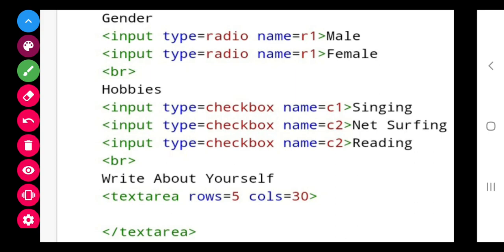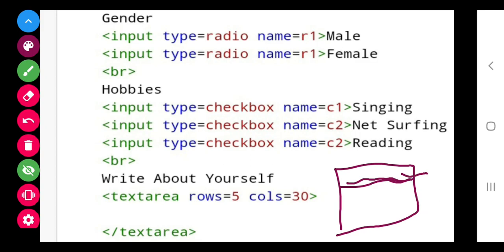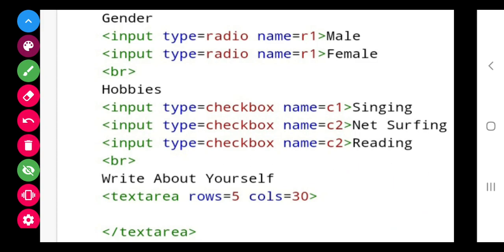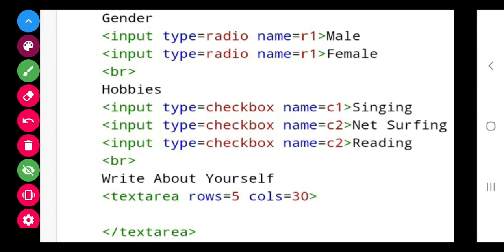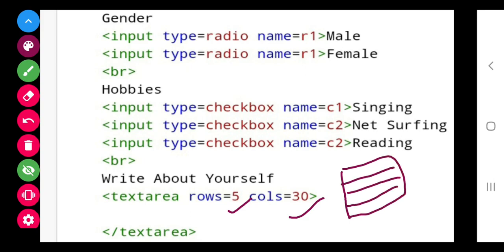It means if the user starts writing here, up to the 30th character will be seen, and after that it will not be seen. Similarly for rows also, 5 rows will be seen, the next rows will not be seen. These columns and rows decide what will be shown there; it is not that we can write only 5 rows.